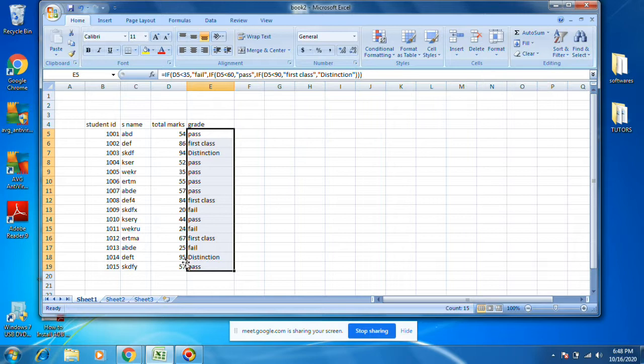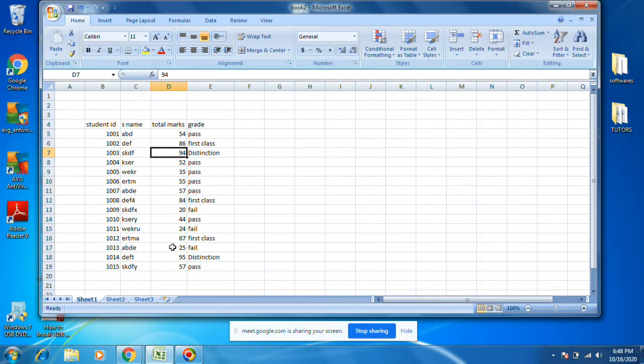Whoever crossed 90, they got distinction. Whoever is less than 35, they are failed. This is called grade. I think you know how to write this IF statement as of now. You practice once again, definitely it will work.